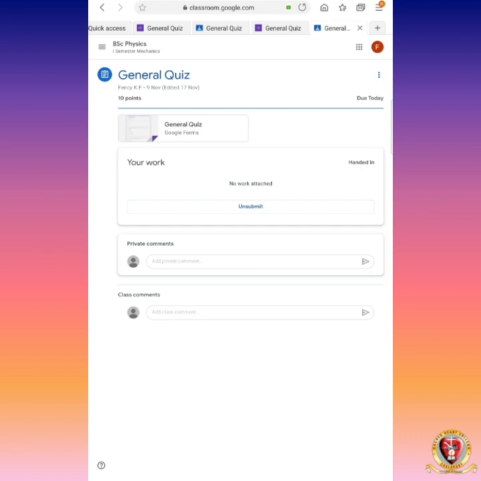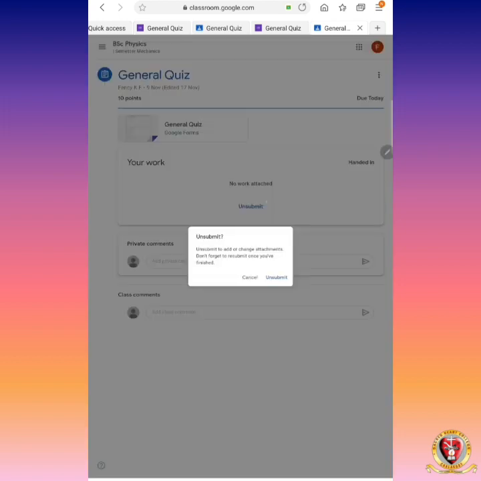You can see that if you are adding any attachment like a PDF file or Google Doc, it will show handed in. Otherwise, if you are not attaching any work, it shows mark as done. That is the difference between the two modes of submission. In the general assignment, we are attaching something, a file, a PDF file, and we are handing in. In the quiz format, we are not doing any attachments. We are simply submitting the quiz form, and we are putting mark as done.